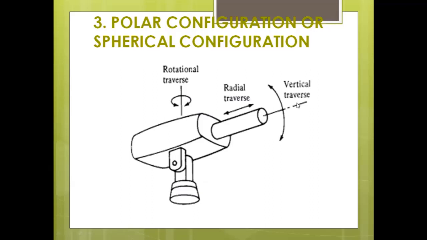The second is another rotary motion, which is vertical: the axis of the rotation is horizontal and the rotary motion is vertical. The third one is a sliding motion, that means it is moving to and fro inside the one part. By this, we are getting a spherical work envelopment in the working industries.